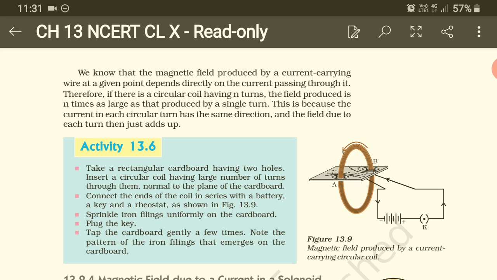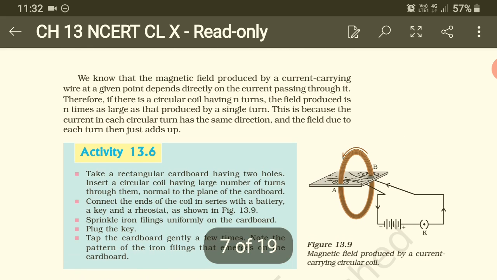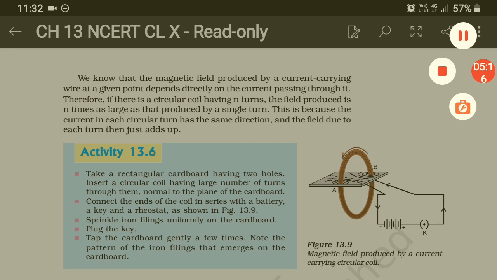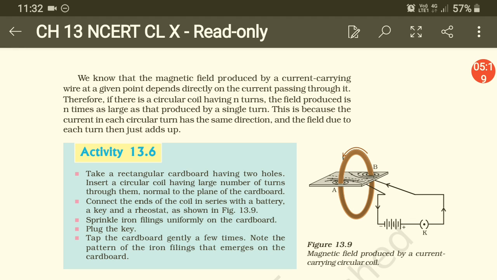As we have seen, the direction of magnetic field lines around arm B is anti-clockwise, and around arm A, the direction of magnetic field lines is clockwise. So we can say that the magnetic field lines are in opposite directions, and we can compare this coil with that of the bar magnet. Now let us study what are the various factors affecting the magnetic field around this coil also.